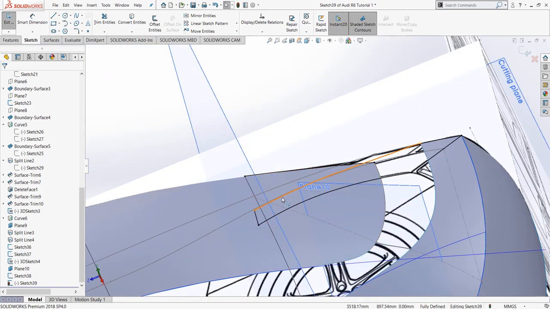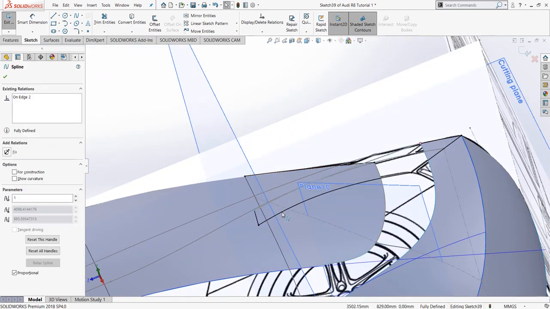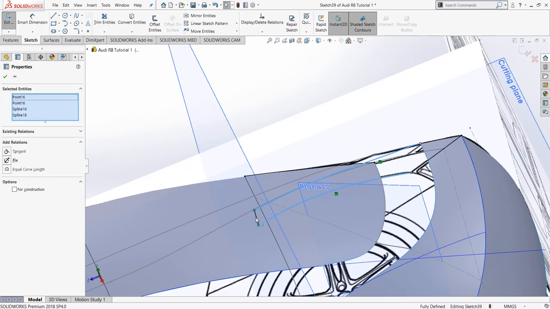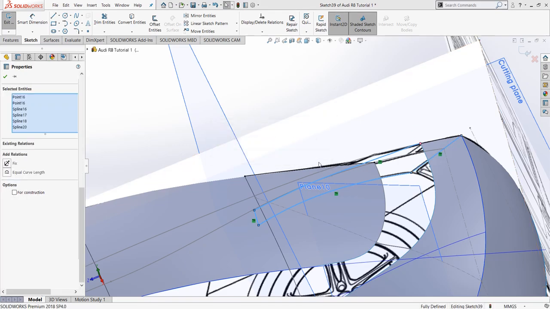Now delete the unwanted lines. And click OK.